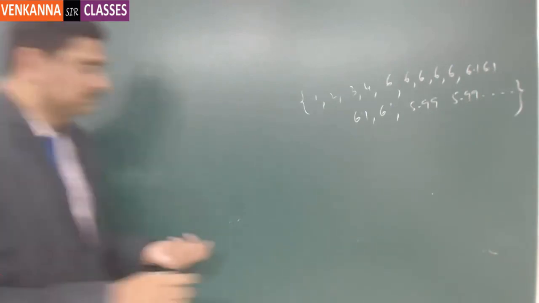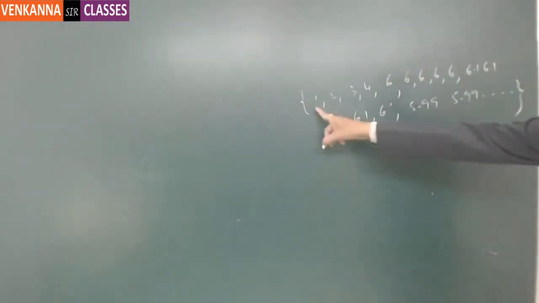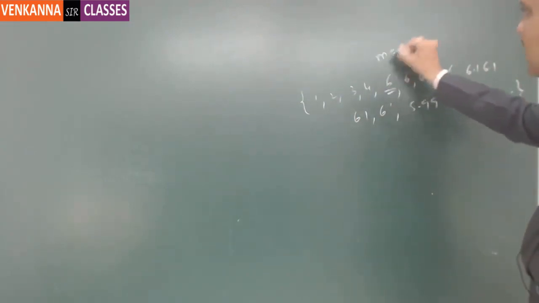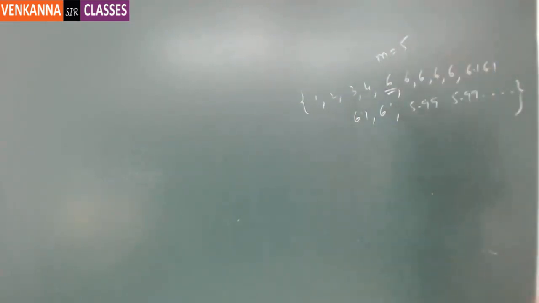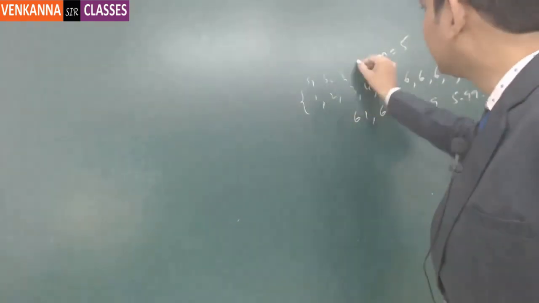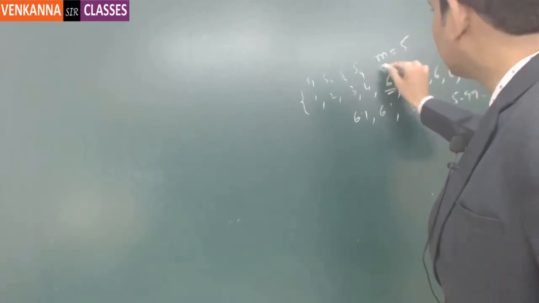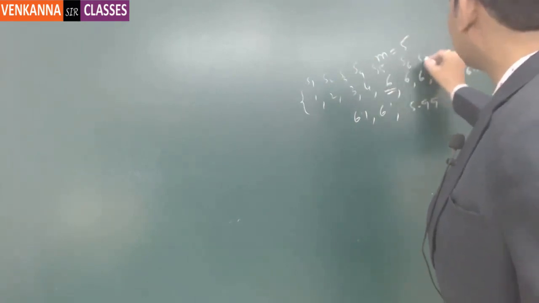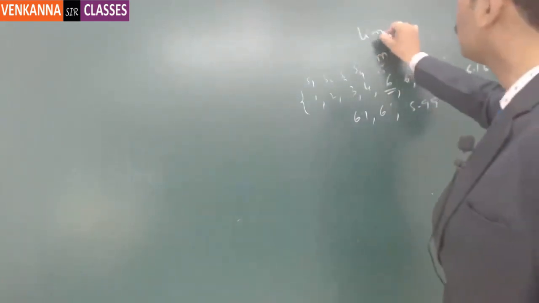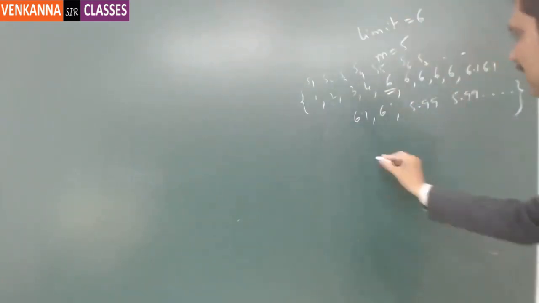If I have written the sequence 1, 2, 3, 4, 5, this is term number 5, m is equal to 5 here. So what does it mean? This is S1, this is S2, S3, S4, this is S5, S6, S7, and so on. Since the sequence is a convergent one, the limit is equal to 6, we can say that